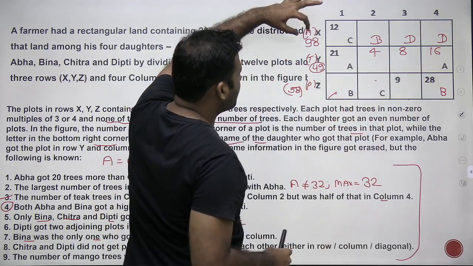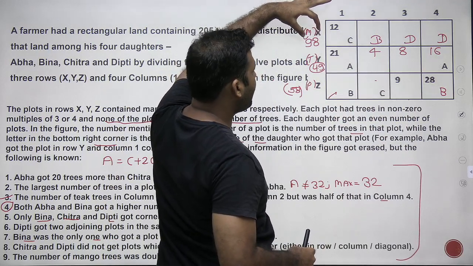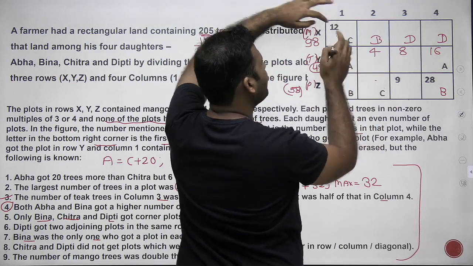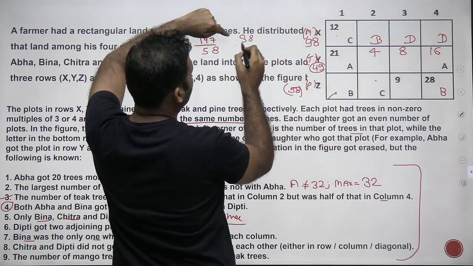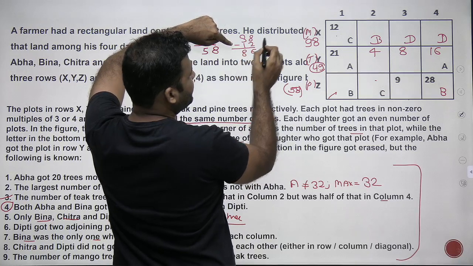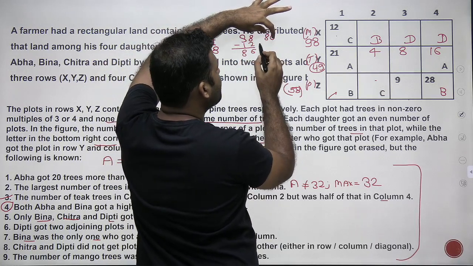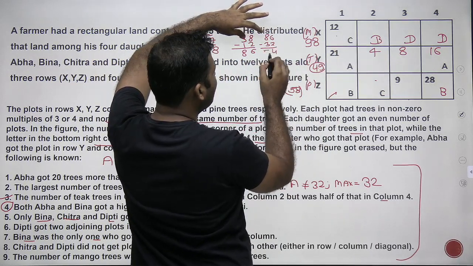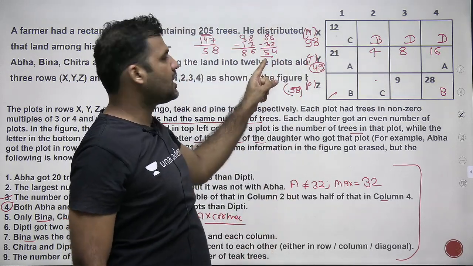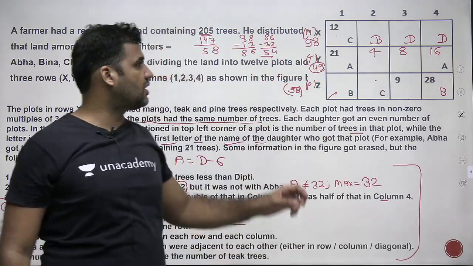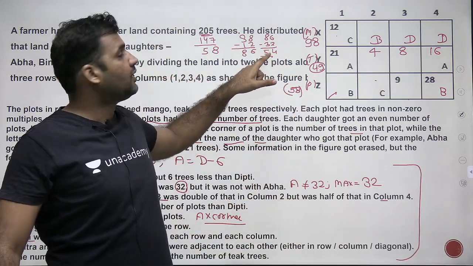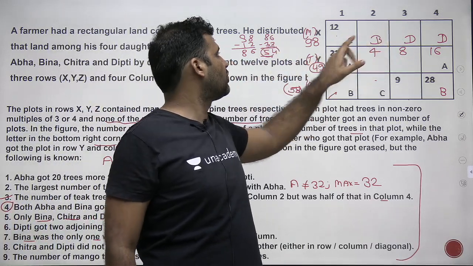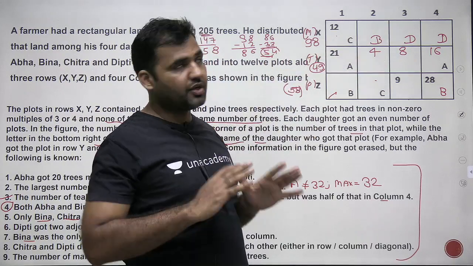Now the total value I'm supposed to put over here is 98, and one of these three cells will definitely be out of this. We have 12 here. 98 minus 12 will give us 86 trees, and out of these 86 trees, one of the plots will definitely have 32, so I'll be left with 54. Now I need to take two numbers. We need to divide 54 in such a way that both of the values are multiples of either 3 or 4.